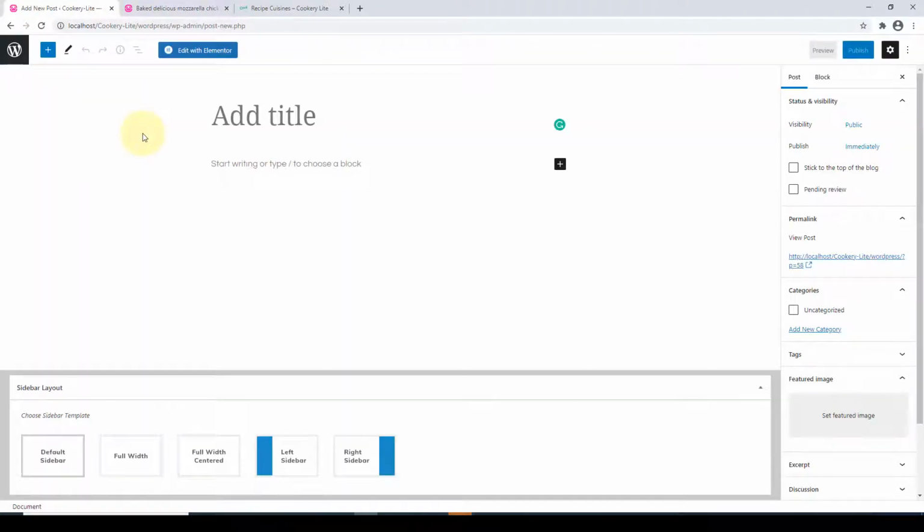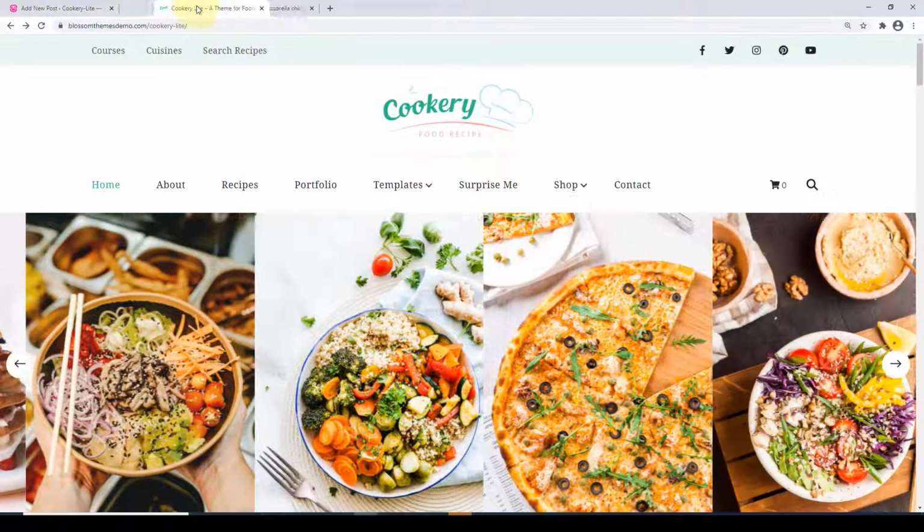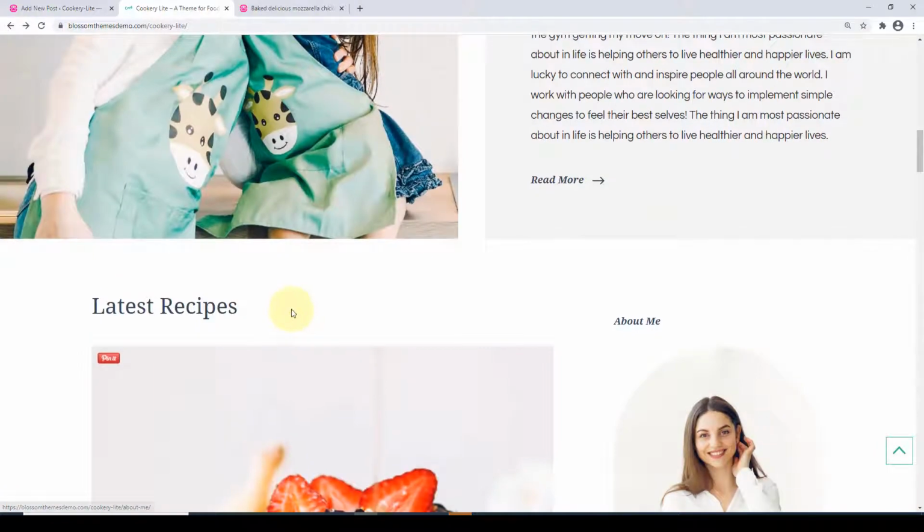Whether you choose to create your recipe from custom post type or from the posts, the result that you will achieve will be the same. The only difference is the kind of flexibility that you will experience while creating your recipe with custom post type and post. You can choose the one that is more convenient for you. Now again, we will create the same recipe that we had created